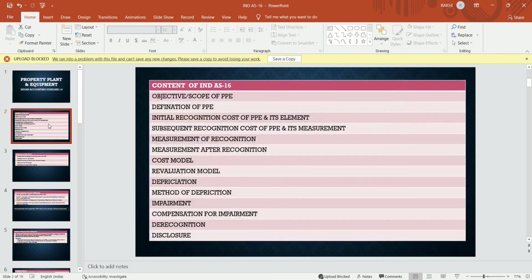Firstly, we get to know what we will study in Ind AS 16. In this Indian Accounting Standard 16, we will get to know about the objective of property, plant and equipment, why this standard exists and what was its purpose. Then we will get to know about the scope of this standard, the definition of property, plant and equipment. Then the recognition criteria, how we will initially recognize the cost of PPE and its elements, then the subsequent recognition criteria, how we will recognize the subsequent cost of PPE, its measurement principles, then initial measurement, then subsequent measurement,